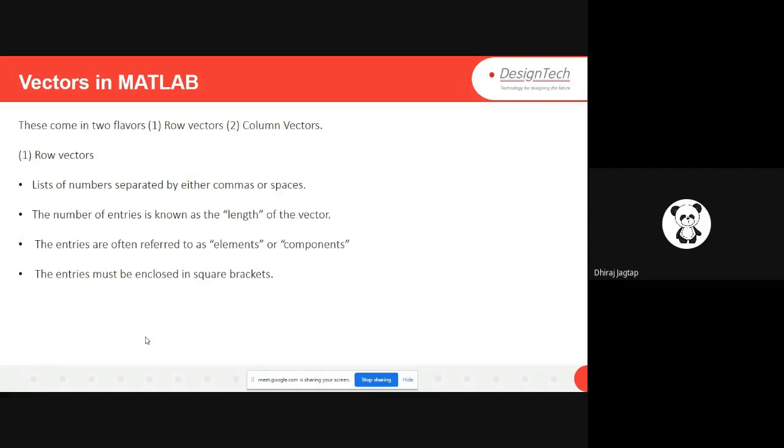Now we'll see the vectors in MATLAB. So what are vectors? We can simply say a vector is a single column or row. It comes in two flavors: row vectors and column vectors. A row vector is a single row, a list of numbers separated by